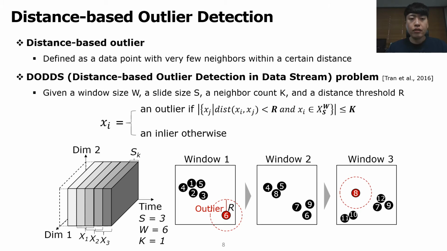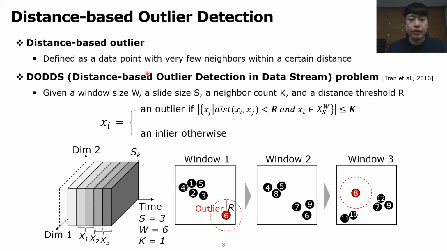So before talking about our method on outlier detection from a data stream, I want to introduce the most popular and powerful definition of outliers. A distance-based outlier is defined as a data point with very few neighbors within a certain distance. Distance-based outlier detection in data streams, which is just called the DODDS problem, has 4 parameters to detect outliers from